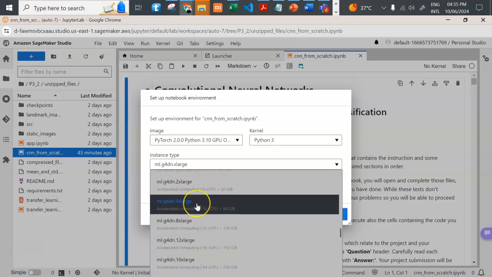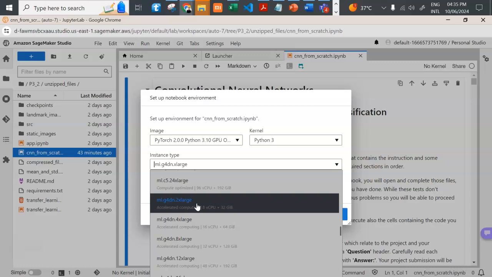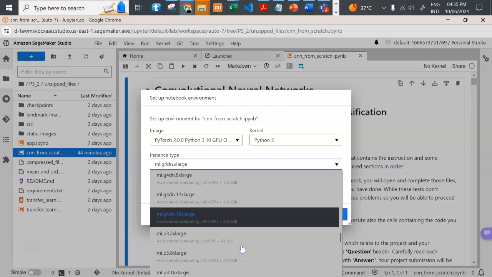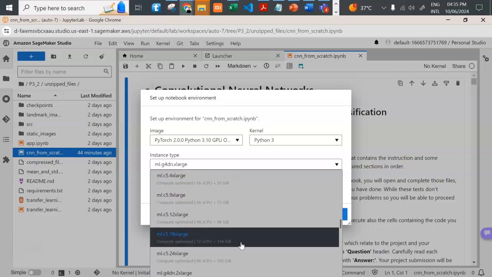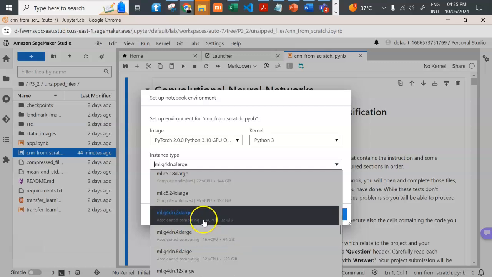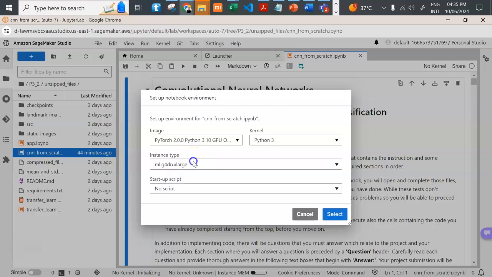So if you went right here under accelerated computing, you will find that we have 2xlarge, 4xlarge, 8xlarge, 12, 16, and so on. And we have the one that we are using right now, which is only 1xlarge, but they all lie under the section of accelerated computing instances. So we will choose this one. This is again the least heavy one, and to see its pricing,